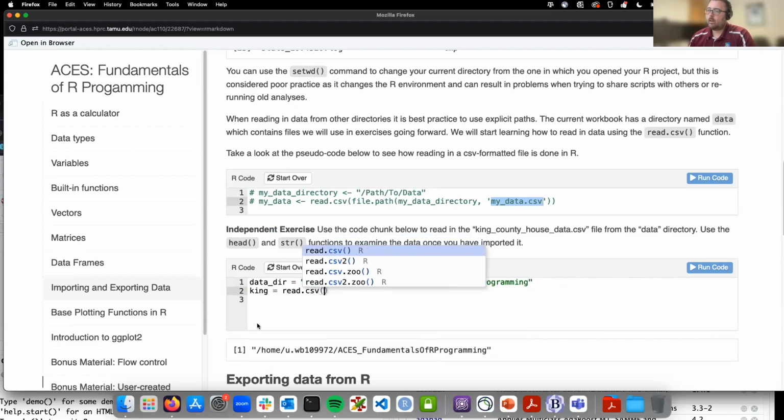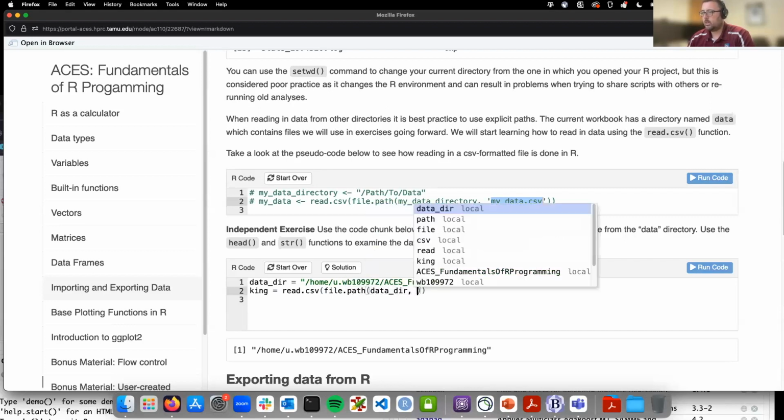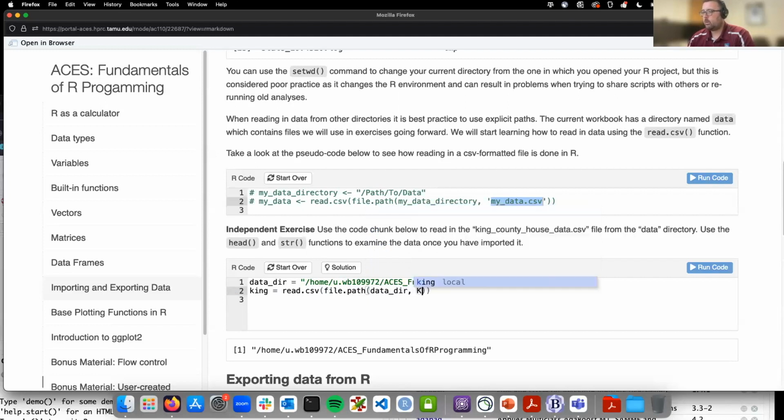And then we can use the file.path function to piece together the file path, the data directory, so say data dir, and what we want to read in, which was king